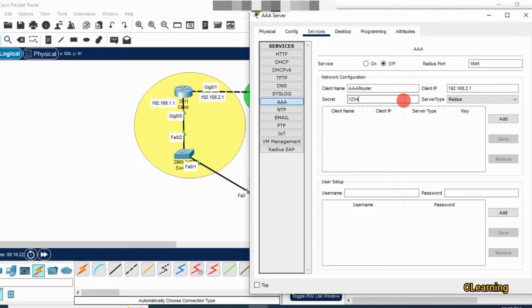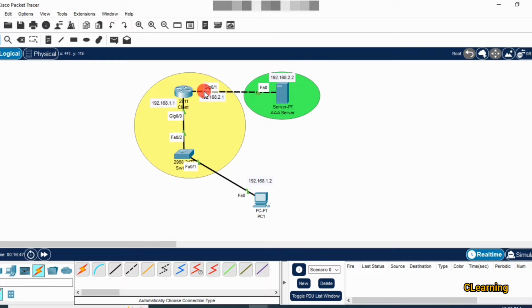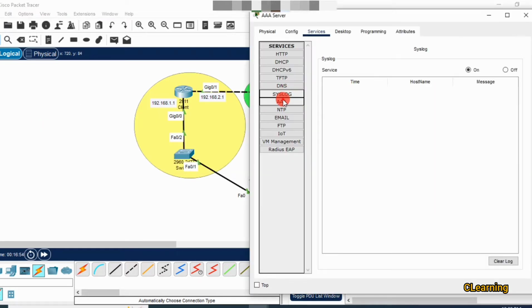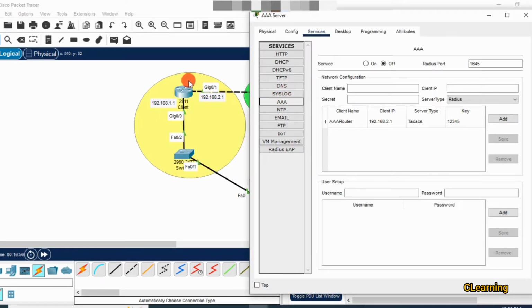12345. So 12345 is the key, and you can use either RADIUS authentication or TACACS authentication. We use TACACS authentication. You can also use RADIUS authentication as well. The procedure is the same, just add them here. These parameters are for the authentication of this client, because any router connecting to this AAA server should be authenticated by this AAA server. So this configuration is for these clients,